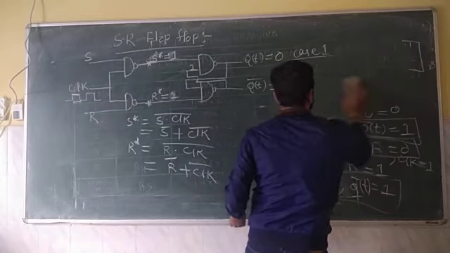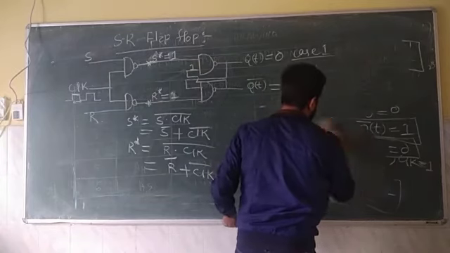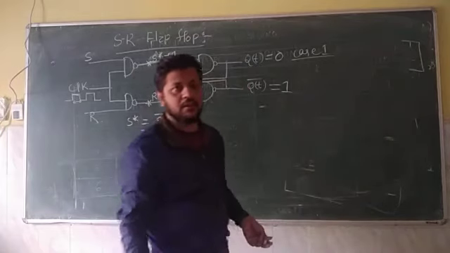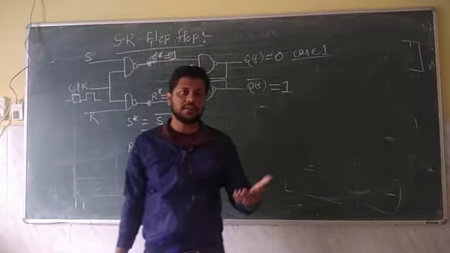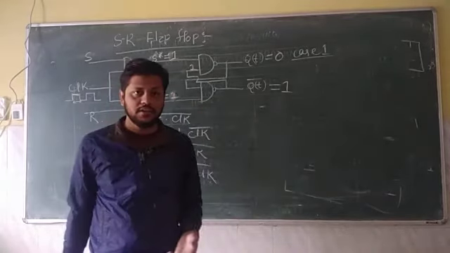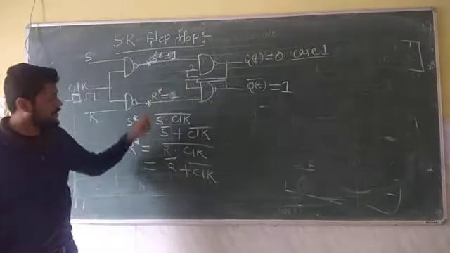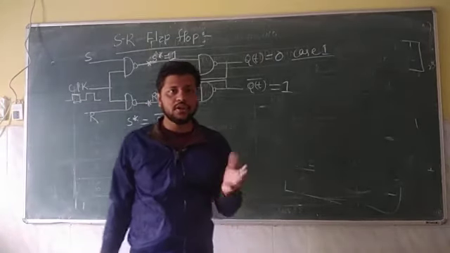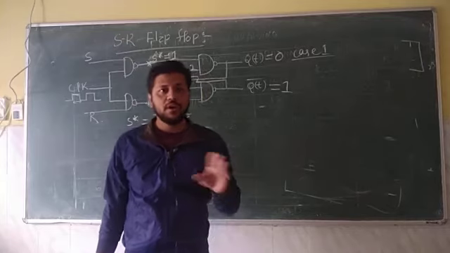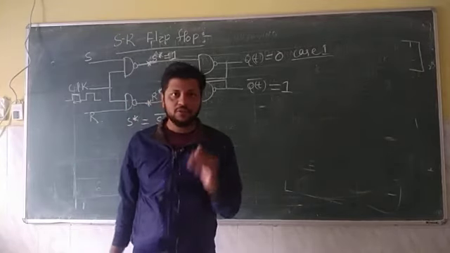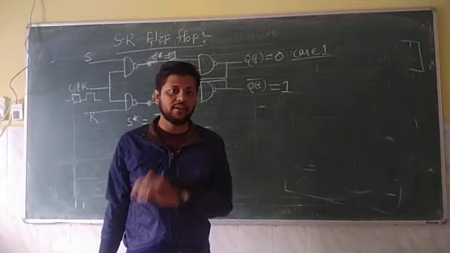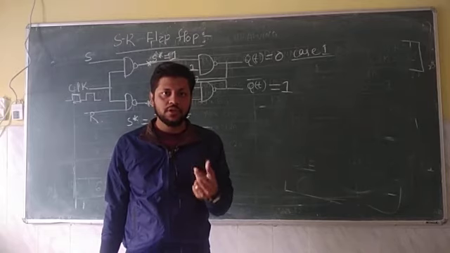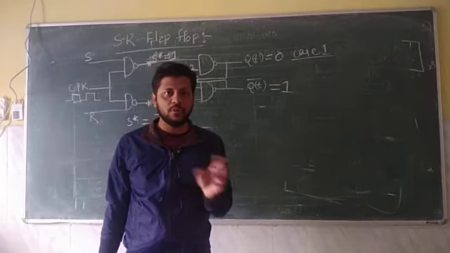Case 2. So, if at all they ask you in a question to explain the SR flip flop, kindly draw this circuit like this, then imagine this as A star and R star and conclude from this, and then case wise, case 1, case 2, when the flip flop acts like a memory, when it is set, when it is reset. You have to explain case 1, case 2, case 3 and case 4, because we have 4 types of input. SR means we have 2 variables, so we have 4 types of combination, that is 0 0, 0 1, 1 0 and 1 1.